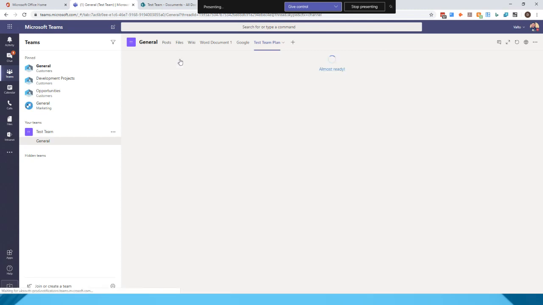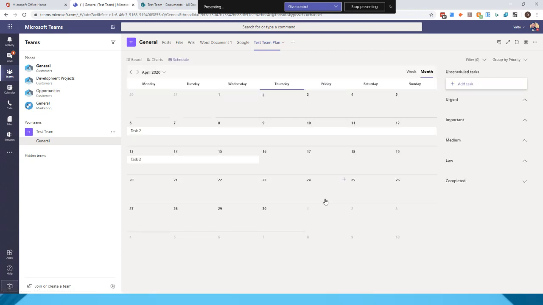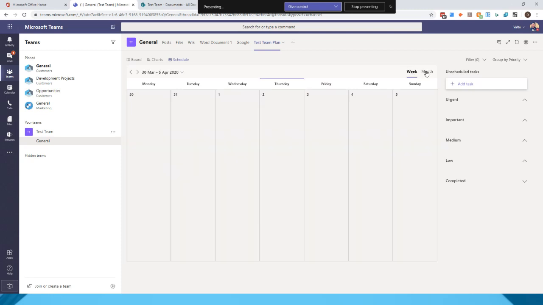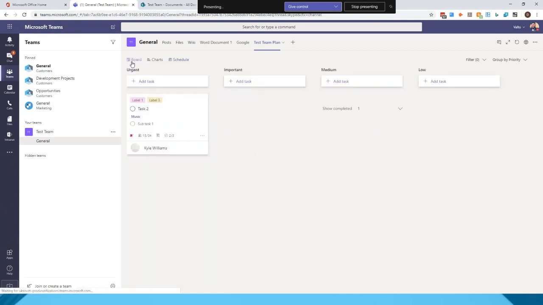Other things as well. So we've also got the schedule. So this is a calendar view of the tasks. So we can see when things are due to start and finish based on either month or per week. And we can flick through these calendars. That's essentially Planner. So it's a very lightweight, similar to Trello, way of planning your tasks